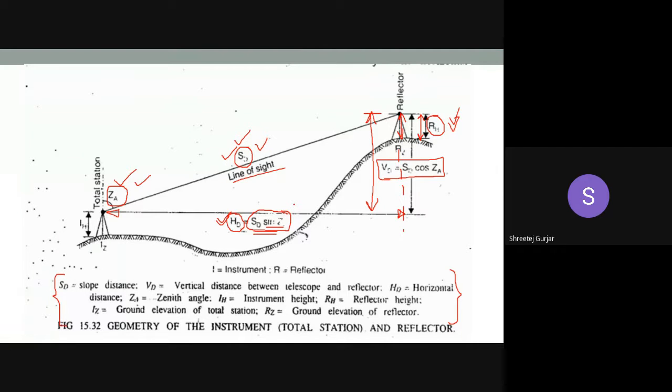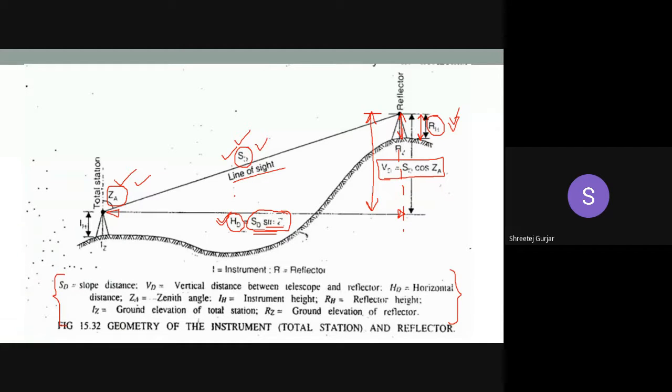I hope you are understanding because nobody is replying. I am assuming that you are understanding. Fine, no problem. Because these are very important from your future point of view, right? Because you will be working on total stations later on. Theodolite, dumpy level, all those are not used nowadays, right? Compasses, and your other instruments which you are learning. Usually you will be working with total station. So make sure you understand how this total station works.